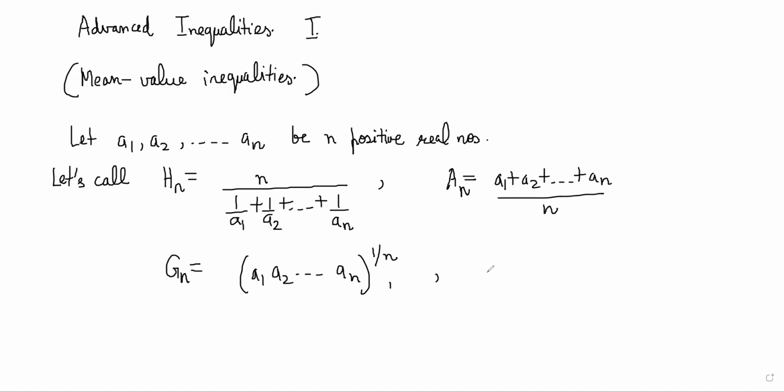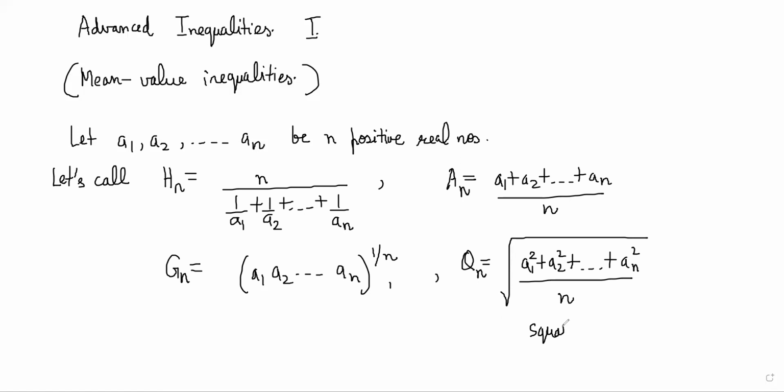And finally, we have the square mean. So what is this mean? Qn is the mean of the squares. So a1 square plus a2 square till an square by n, and we'll do a square root of that. This is called the square mean. So once we have defined these four means, harmonic mean, geometric mean, arithmetic mean, and square mean, the inequality states